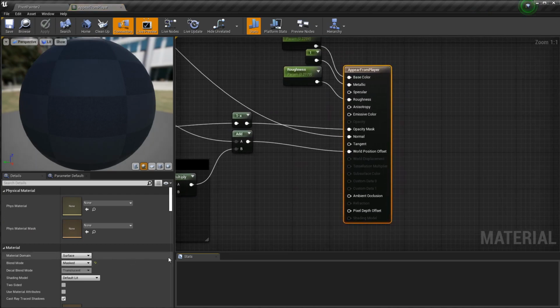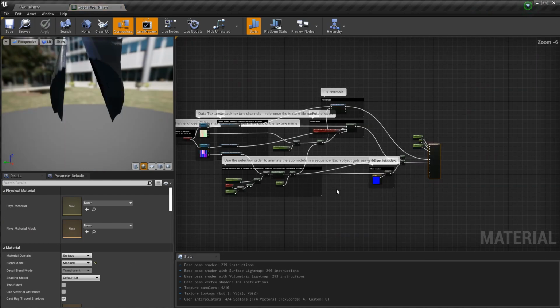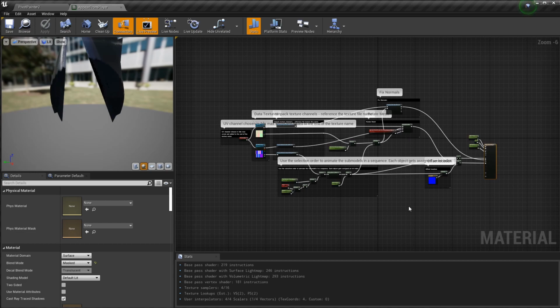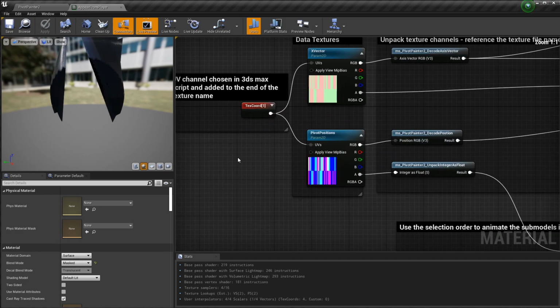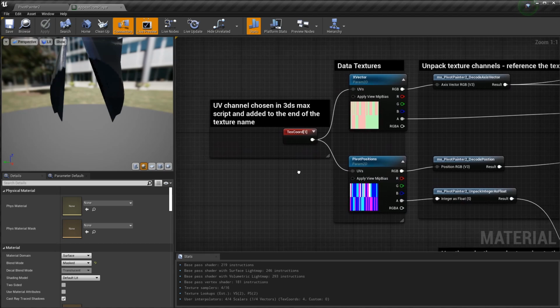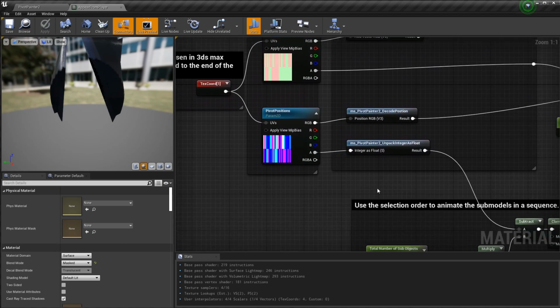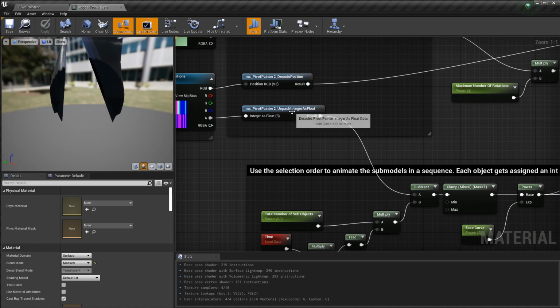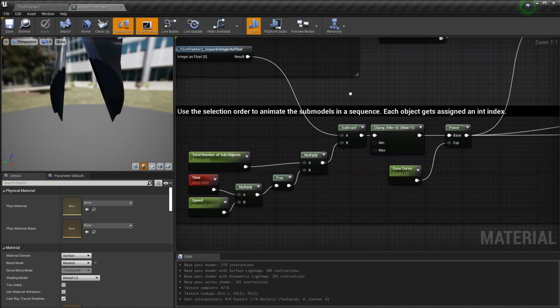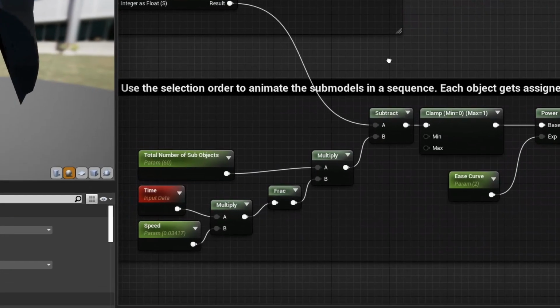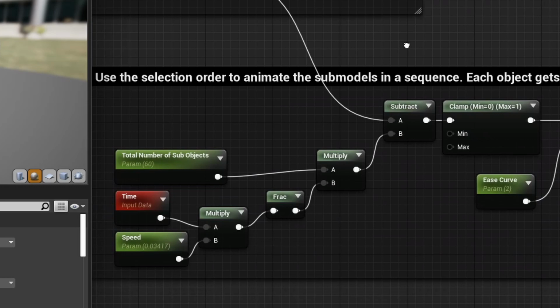So let's again jump inside the shader and try to find where Appearing from Player might be implemented. Somehow it all needs to come from the textures and end up in the world offset position of the material. Here we get the selection order from the alpha channel, and this monstrosity uses that index to animate the pieces in order. As time passes, the frac node creates a series of infinite 0 to 1 progressions. Those are multiplied with the total number, which makes this block pick one of the provided selection indices.